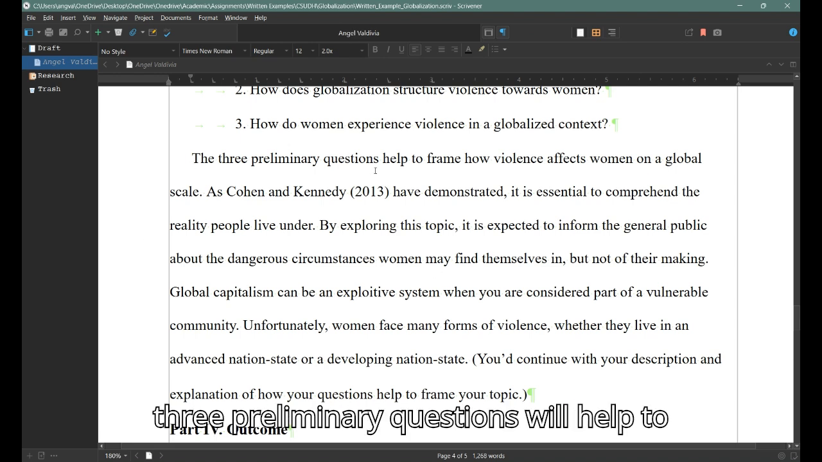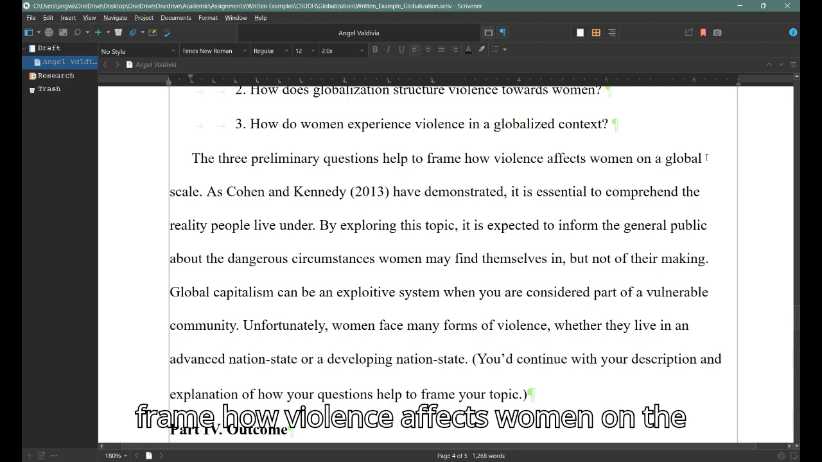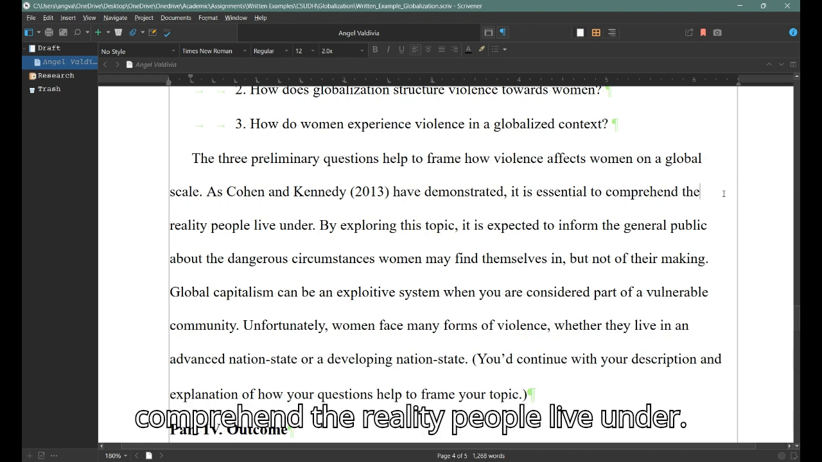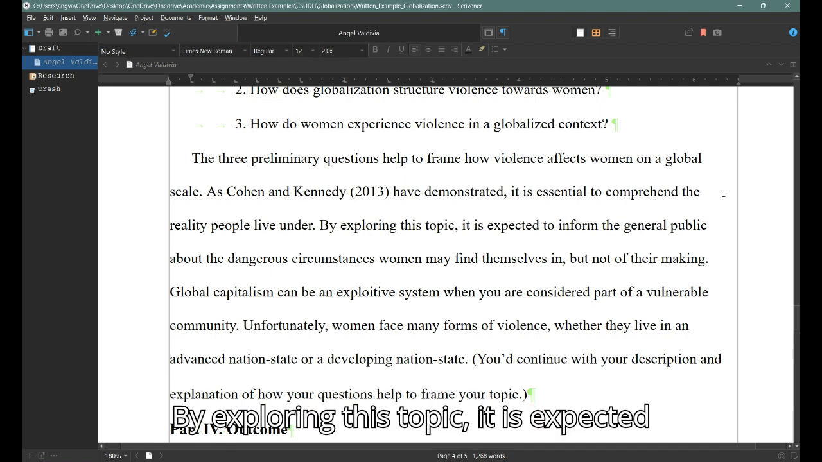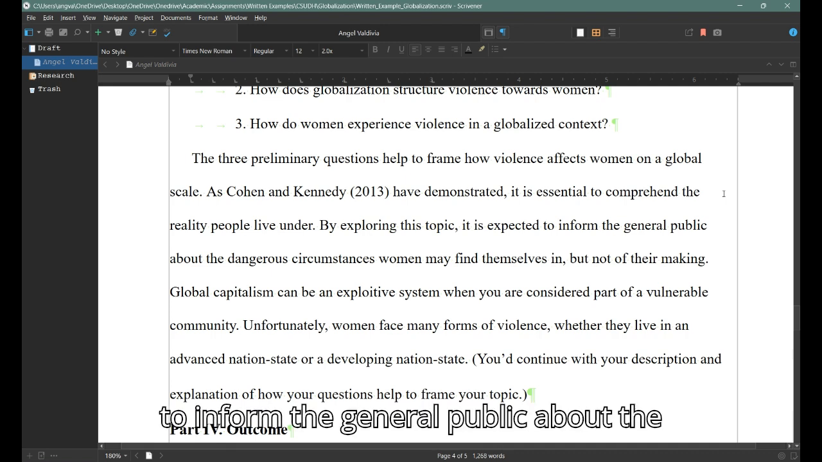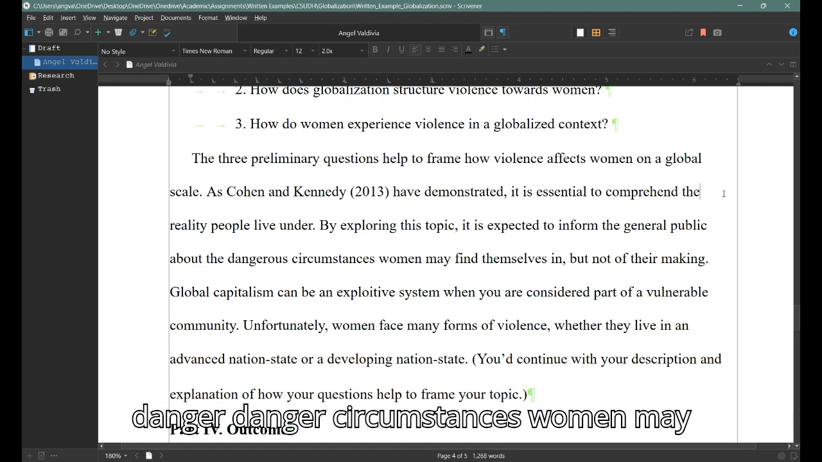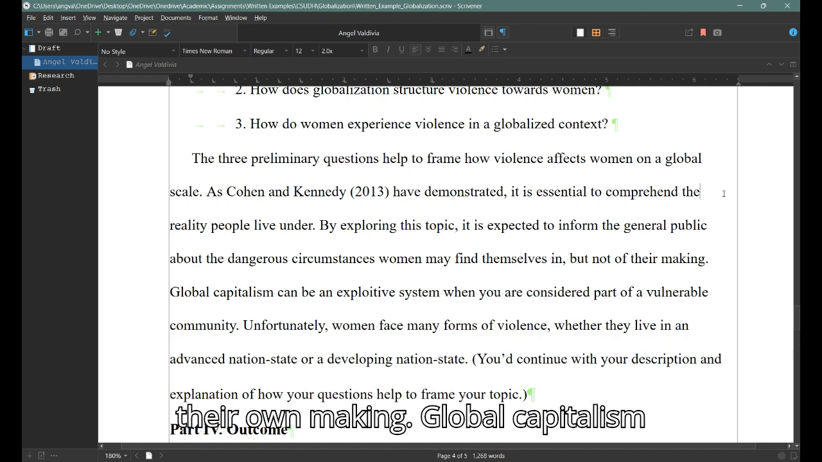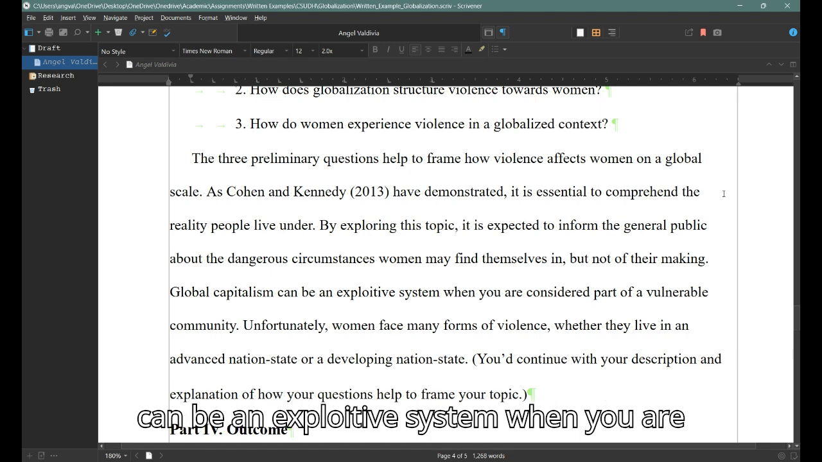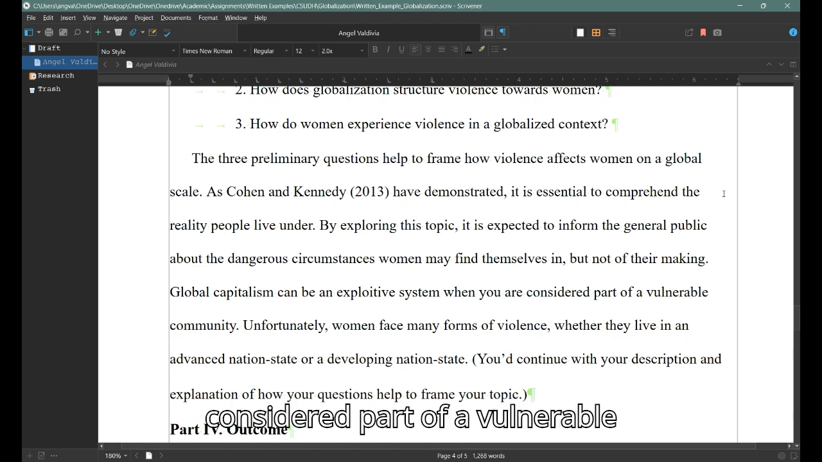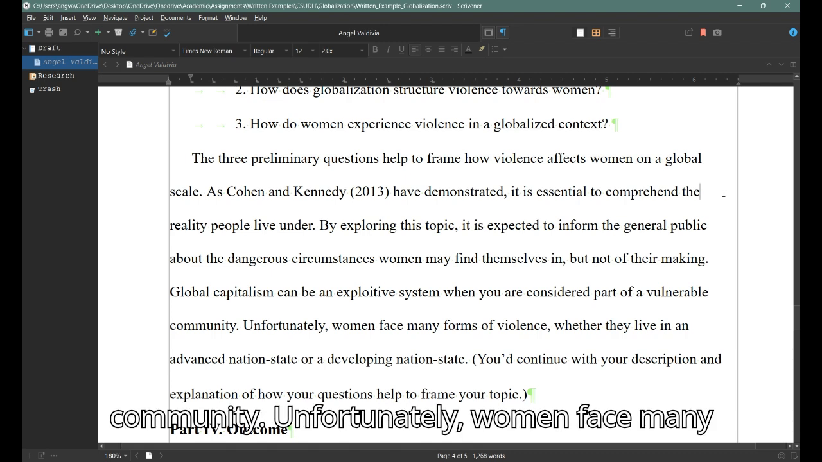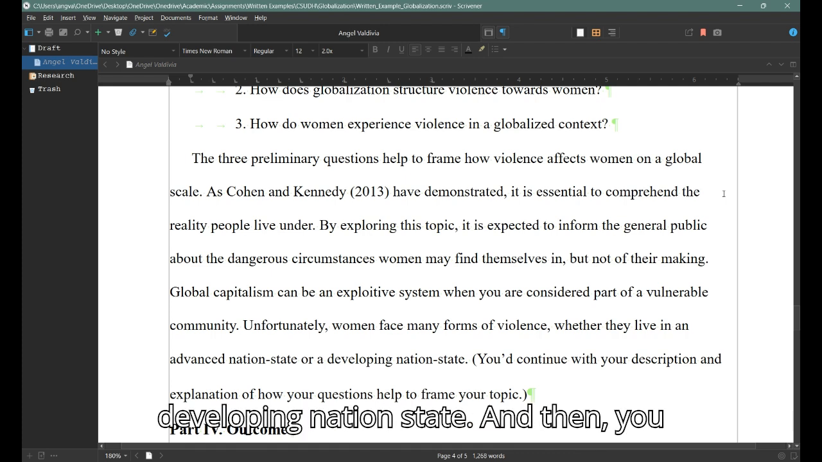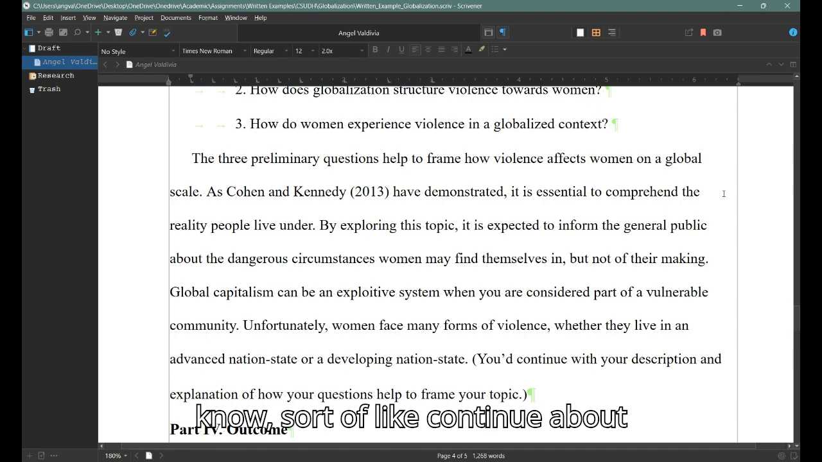The three preliminary questions will help to frame how violence affects women on a global scale. As Cohen and Kennedy have demonstrated, it is essential to comprehend the reality people live under. By exploring this topic, it is expected to inform the general public about the dangerous circumstances women may find themselves in, but not of their own making. Global capitalism can be an exploitive system when you are considered part of a vulnerable community. Unfortunately, women face many forms of violence, whether they live in an advanced nation state or in a developing nation state. And then, you continue about